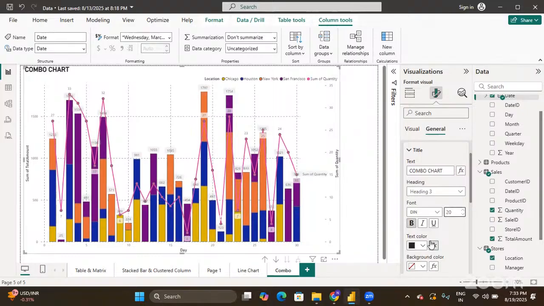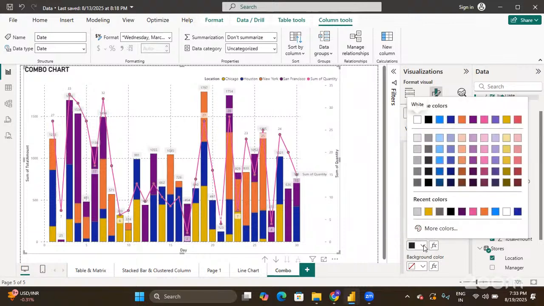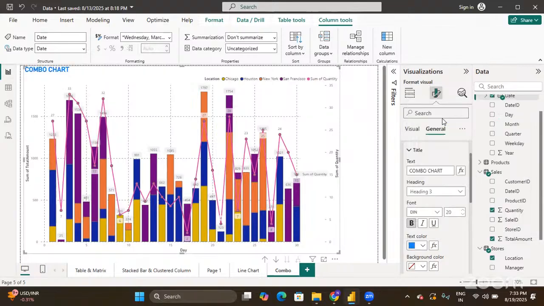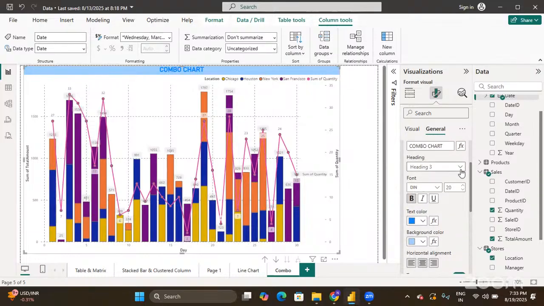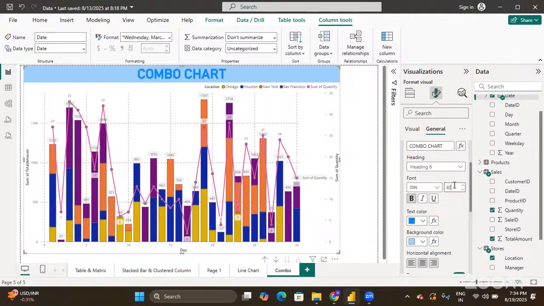Done. Then I would like to change the color of my text. Better a blue one. And would like to add a background color. Done. I'll make the text center aligned. Better I'll make it as heading 6. Okay. Done. So this is how you make your